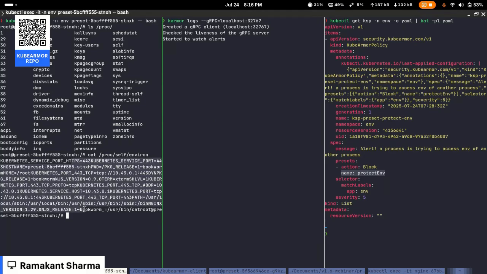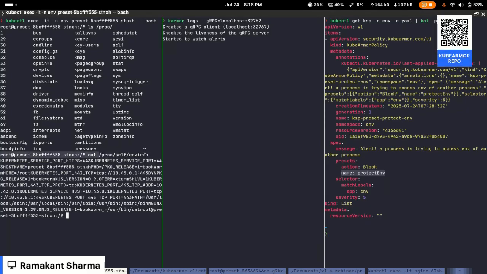I can access it: cat is the process and it's able to read its own environment variable using the proc file system. But let's try to read some other process's,